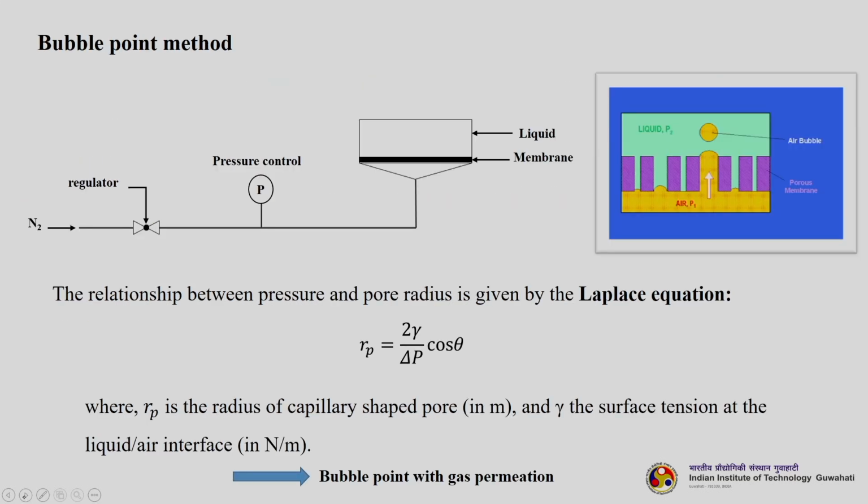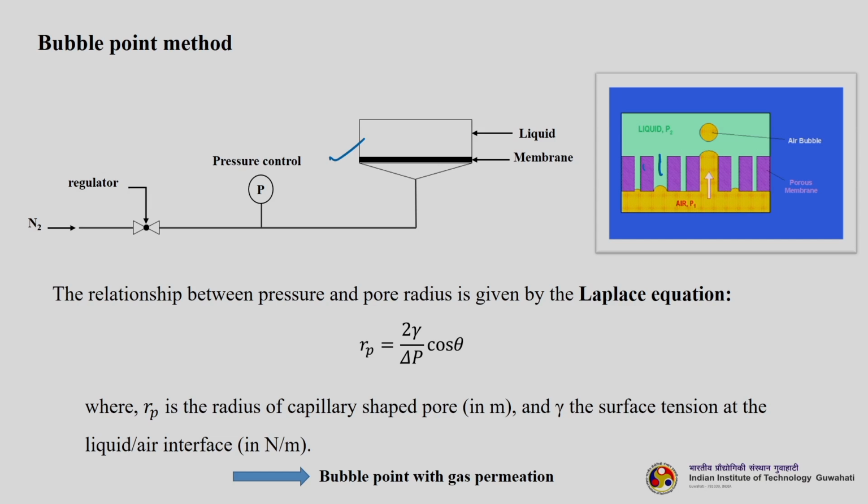So, the first method for porous membrane characterization, basically for microfiltration, is the bubble point method. Here what is being done is this. You take the membrane, put it in some module or arrangement something like this, and then wet the membrane, right. The top portion of the membrane gets wetted, and the pores also get filled with the liquid, as you can see here. Then you pass nitrogen or some inert gas from the bottom, and the gas will push the liquid out through the membrane.